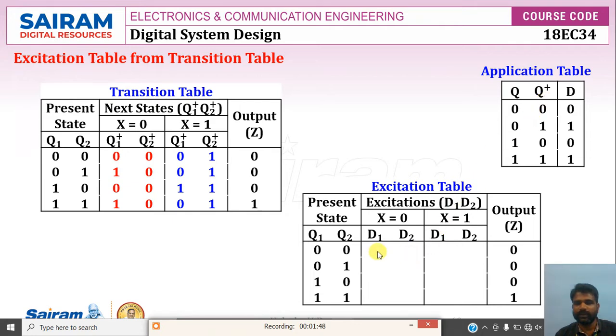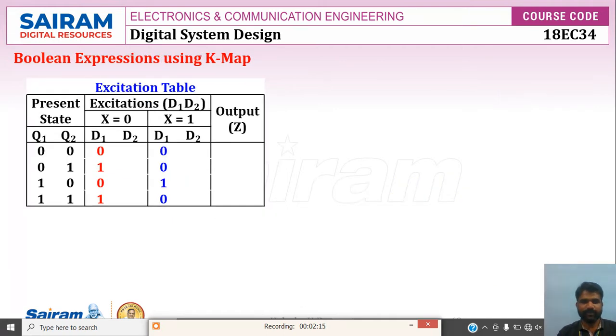So here D1 when x is equal to 0 is equal to Q1 plus when x is equal to 0. So just copy it, and D2 is equal to Q2 plus. Similarly, when x is equal to 1, D1 is equal to Q1 plus and D2 is equal to Q2 plus. So we copy these values here. So this is what excitation table is. So from the excitation table,